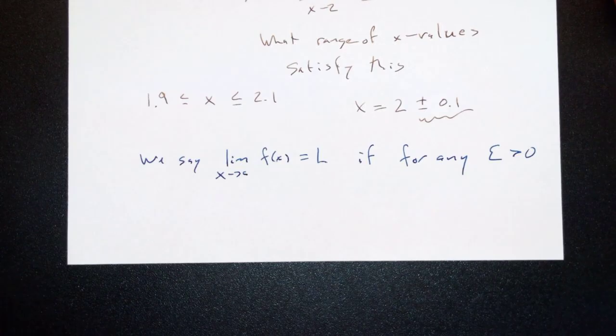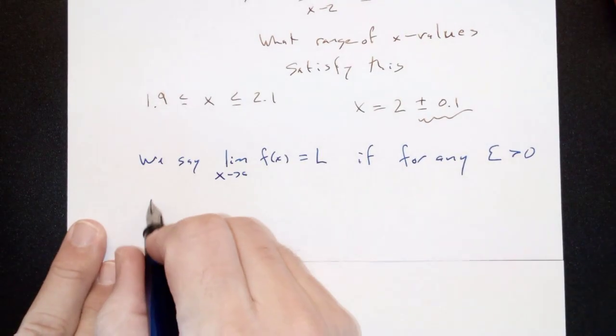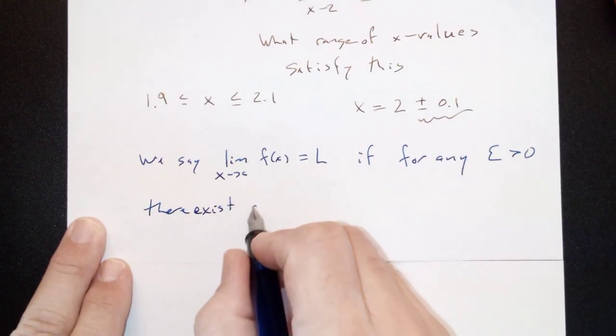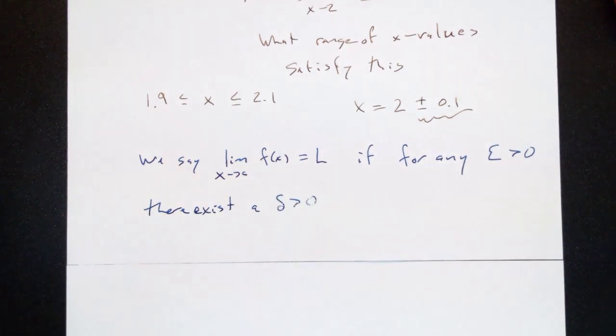The little tolerance we pick is going to be some positive number. I'm going to use that as my plus or minus up at the top. I'm going to call that epsilon. For any epsilon bigger than 0, there is some other number, delta. Also a positive number. So you give me the tolerance, epsilon. I give you back this tolerance, delta, so that